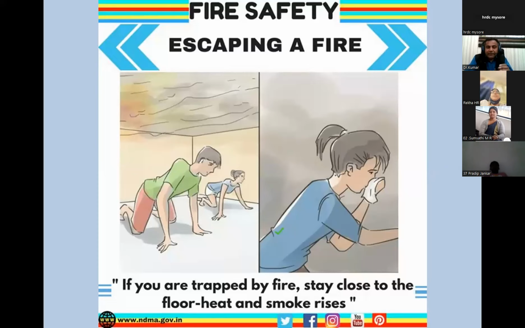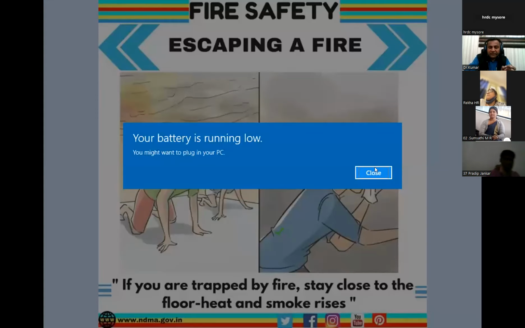The fire can happen in any building due to short circuit, due to air conditioners, due to faulty wire, due to overloading. So there are many reasons. In detail, we can talk about what are the reasons for electric short circuit. But for escaping a fire, you need to have a set of skills. Not only in Bangalore, it happened in Mumbai, it happened in Gujarat, it happened in Calcutta, where people have jumped out from the high-rise building to save themselves